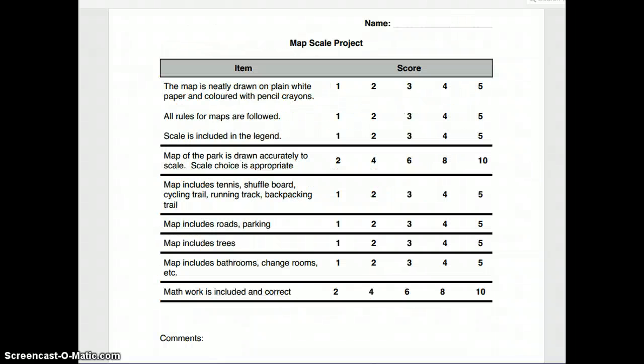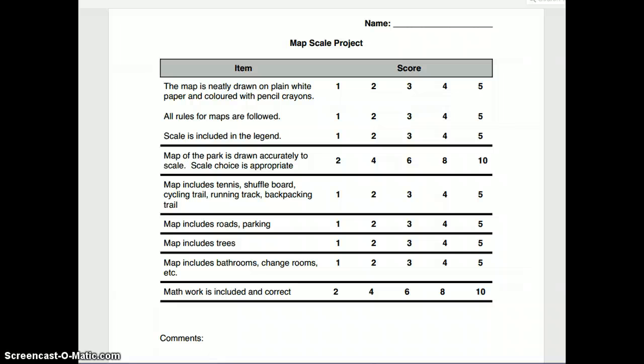Okay. Now, the next thing that I'm going to show you is how you're going to be graded and assessed. This is going to be your assessment of learning. You've had lots of practice with maps and scales, and so you've gotten feedback on that. You're going to get feedback on this, but there are a bunch of different things to be looking at. I want to know that the map is neatly drawn on plain white paper and colored with pencil crayons. I want to know that all the rules for maps are followed. I want to see that the scale is included in the legend. The map of the park has to be drawn accurately to scale, and you need to make sure that your